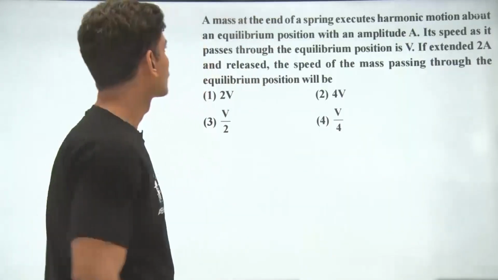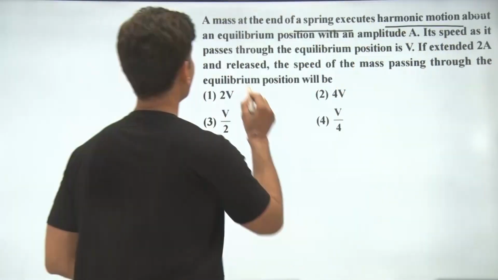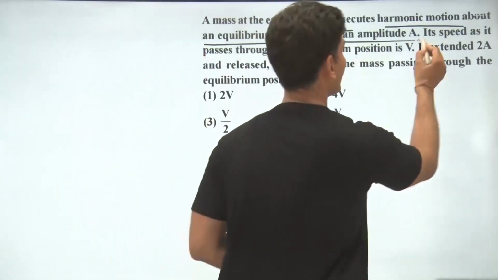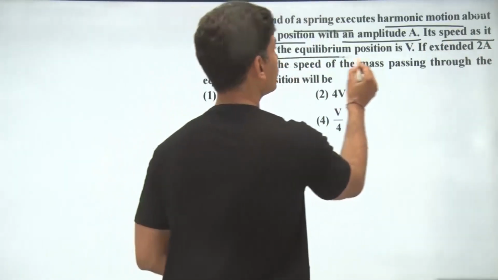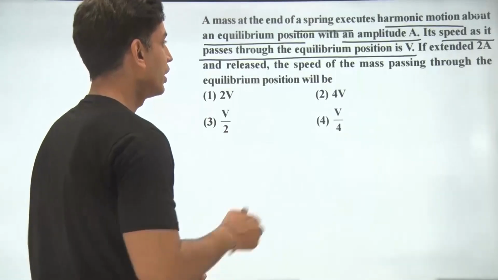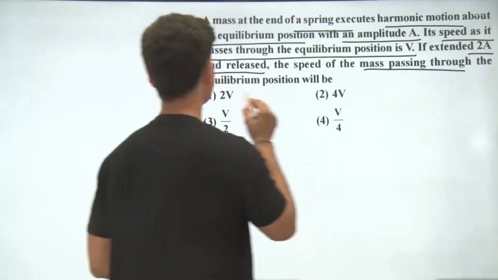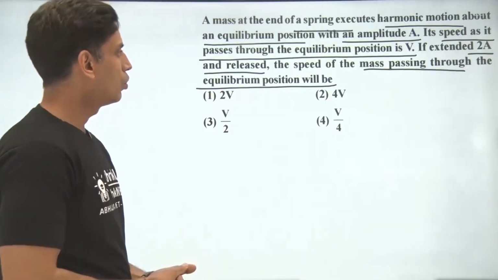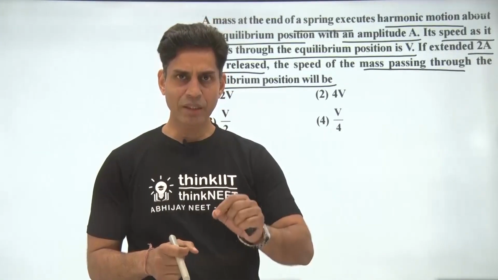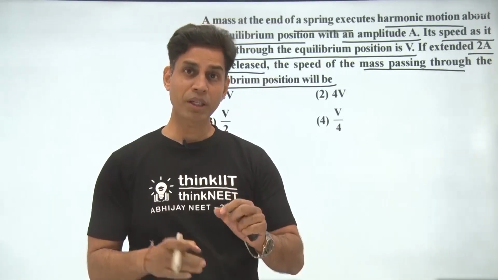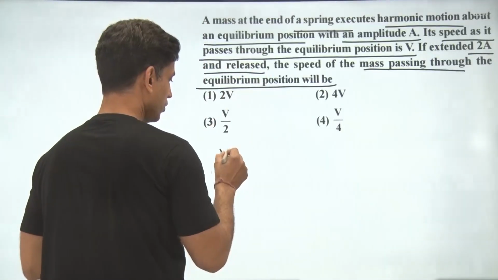The next one is, a mass at the end of a spring executes harmonic motion about an equilibrium position with an amplitude A. Its speed as it passes through the equilibrium position is V. If extended to 2A and released, the speed of the mass passing through the equilibrium position will be. So the question is based on simple harmonic motion, and when the particle passes the equilibrium position, it has maximum velocity. So velocity in harmonic motion